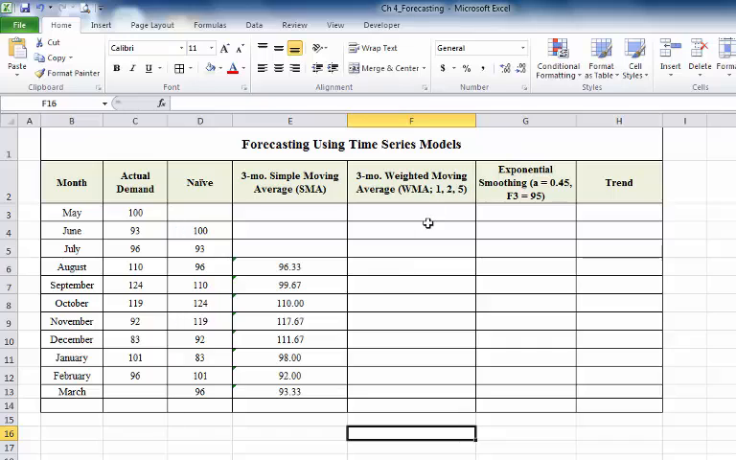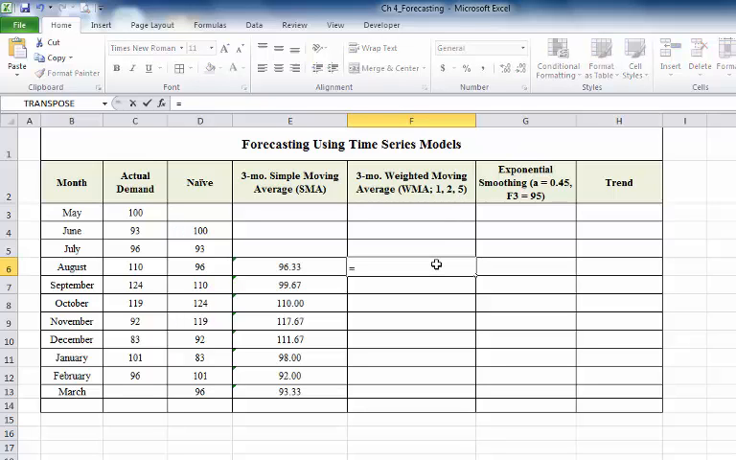Moving on to the weighted moving average. Again, it's a 3-month moving average, so I'll consider 3 months of data. 3 weights are given to me: 1, 2, and 5. Now, based on this approach, the heaviest weight always goes to the most recent time period. So if I were to make a forecast here for August, it would be the most recent time period times 5